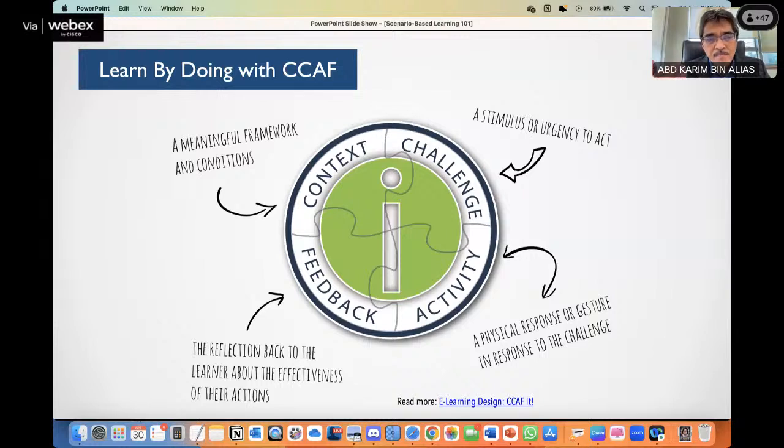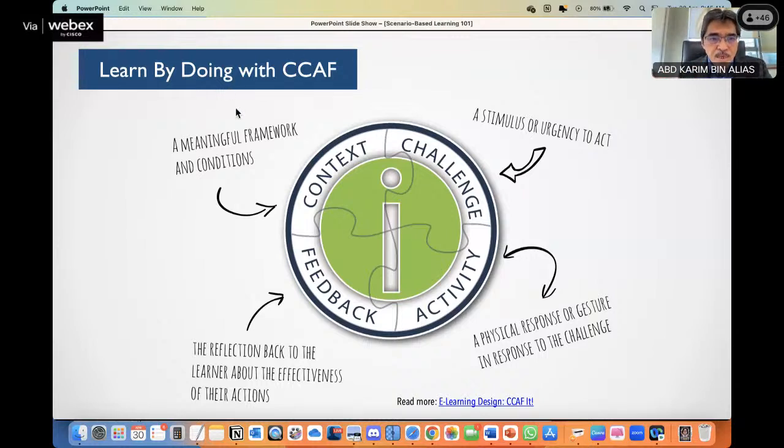Whatever options they take, option A, option B, option C, option D, whether they make a mistake or take the right option, they can still learn based on the feedback that we give them for each option that the students take. So this is very interactive, and students will learn from the feedback.